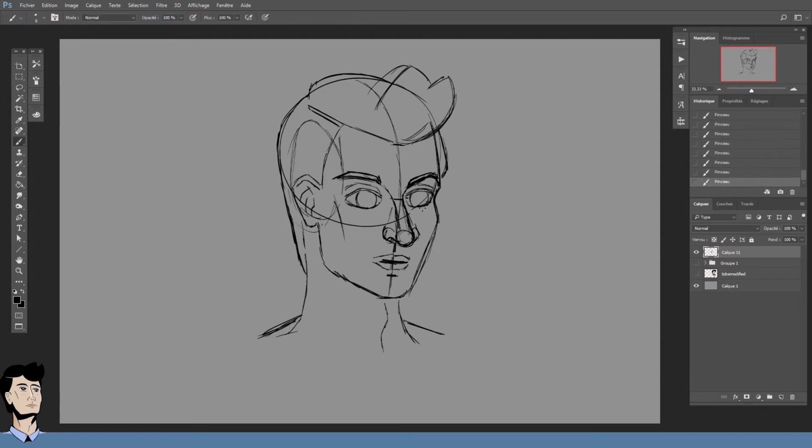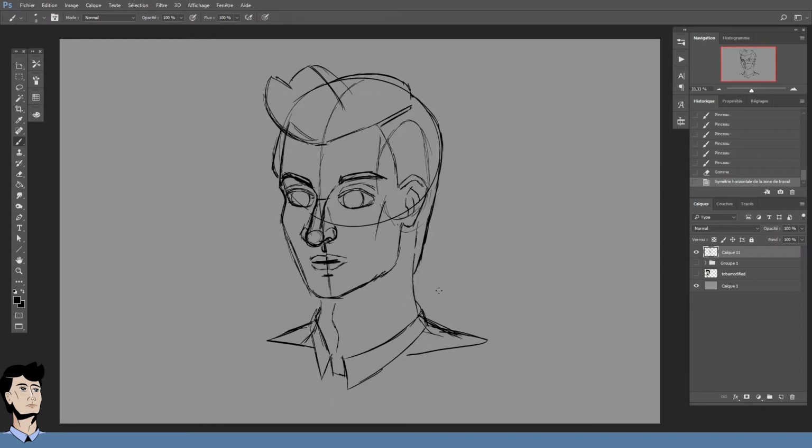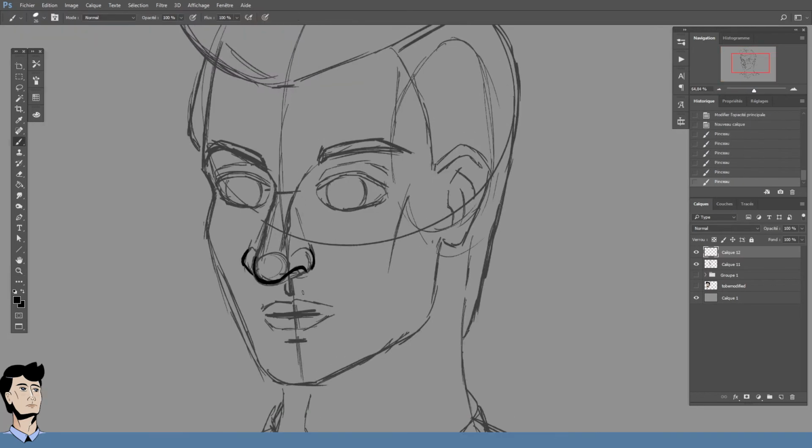I started by putting down a few reference lines. It begins with a big circle that will make the main part of the head, and then a center line from the top of the head curved down to the middle of the chin. Along this line, the center point between the very top and the very bottom is where the middle of the eyes are, vertically. The middle of the top half above that is the hairline, and the thirds of the bottom half are the bottom of the nose and the mouth.